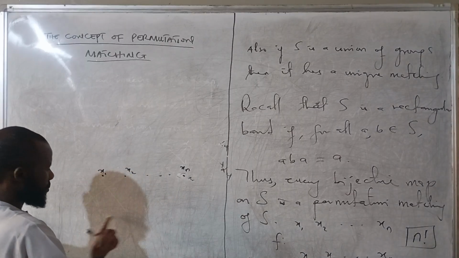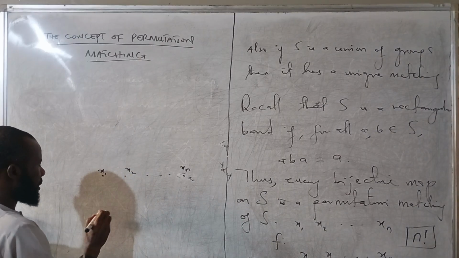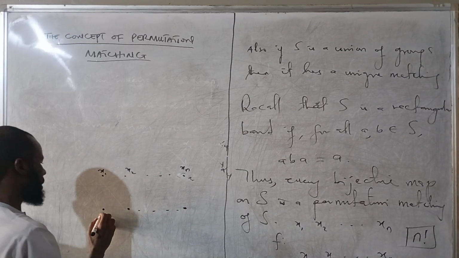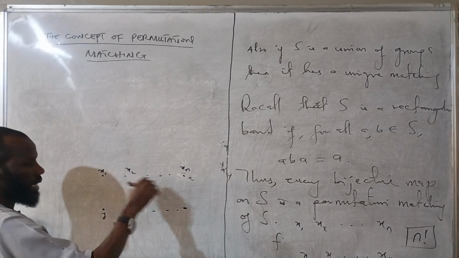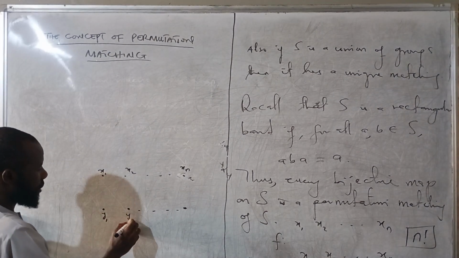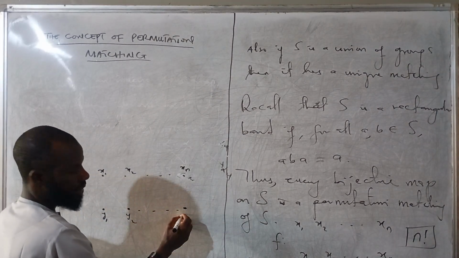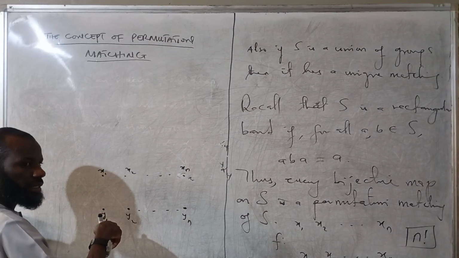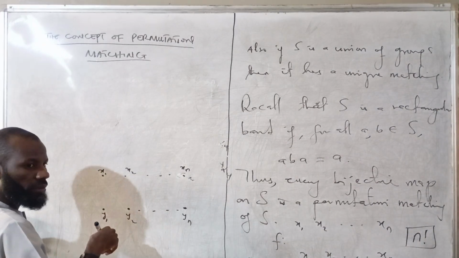Then you can duplicate, and think of the vertices down here, even though it's still x1, x2, x3, as having y1, y2, a different set of vertices, yn, and then this assignment, if it is possible,